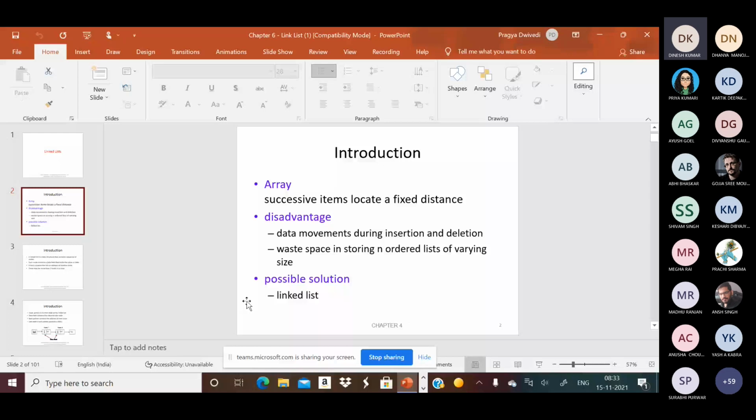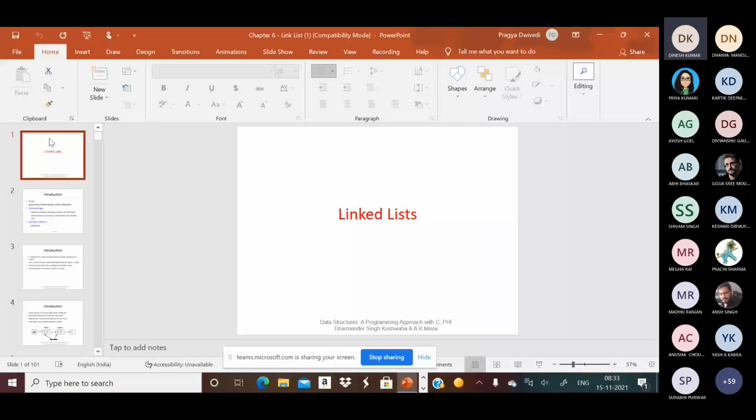Now, the first major topic of data structures is linked list representation. I think all of you must be aware of the array data structure, so I am not covering it. If you face problems dealing with arrays, whether one-dimensional or multi-dimensional, I will discuss them.